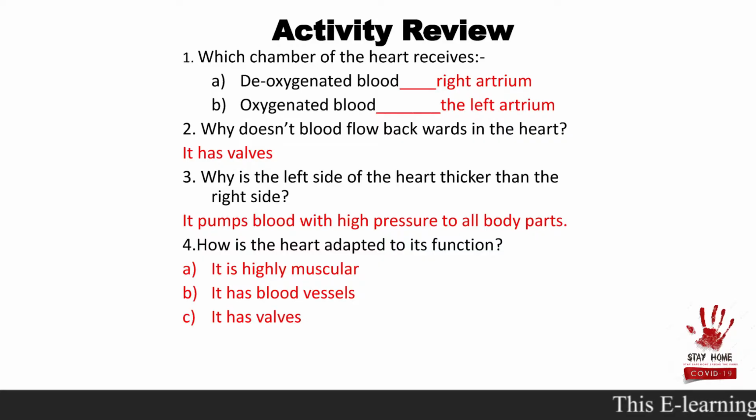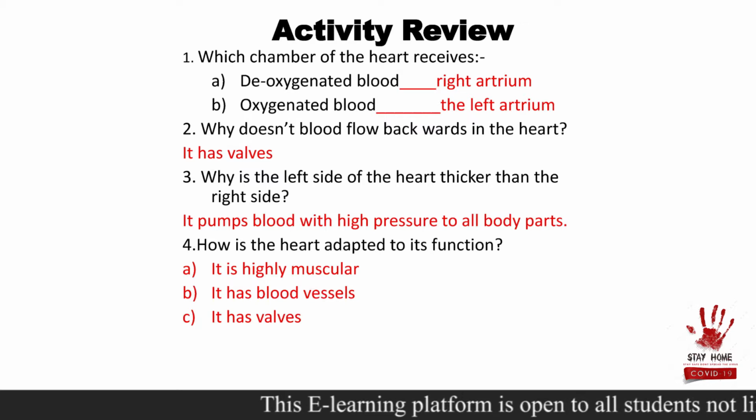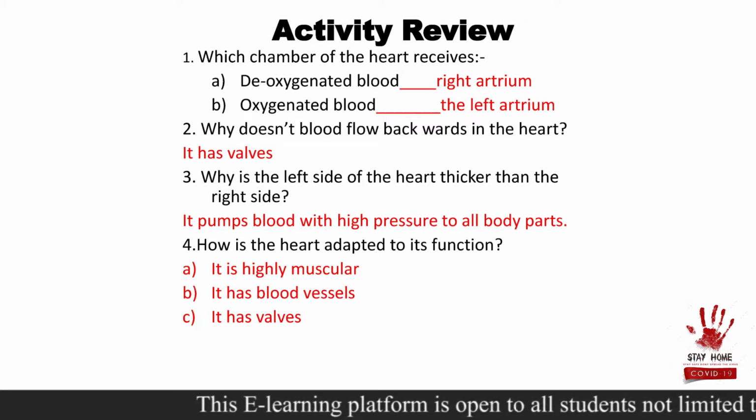The first question was saying, which chamber of the heart receives blood which is deoxygenated? You can see the answer we have there. Which one's that? The right atrium, or what we call the right auricle. Which chamber of the heart receives blood which is oxygenated? Do you have the same answer with mine? The left atrium or the left auricle? Good.